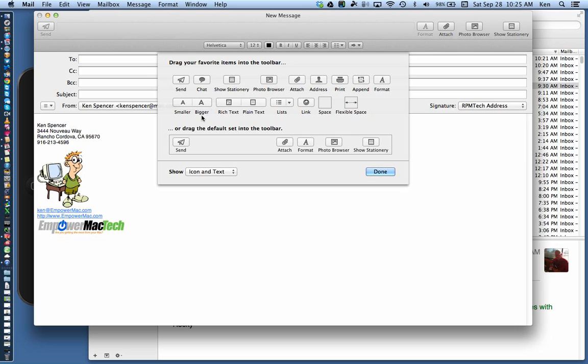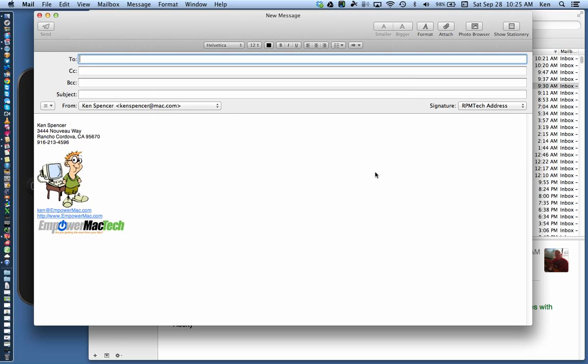The other thing I want up there, smaller and bigger. And that's about all I want up there because I already have photo browser and stationery. And it has the send button over here on the left. Okay? So now it's customized. Now, you'll notice I can't make the font bigger and smaller right now because I'm in the address bar. When I come down to the body,